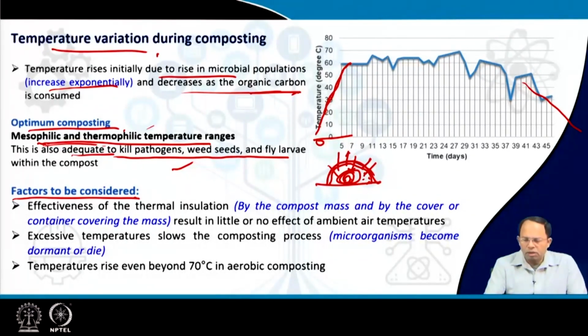So we have to give an insulation at the top of the compost, right? The effectiveness of the thermal insulation is also important, so we usually cover the compost mass. Either we can do composting inside a vessel, which is known as in-vessel composting, or we can provide insulation at the top of the compost, which retains the temperature so that overall it remains high and facilitates the composting process. If we have done so much insulation and the gaps are not enough, it may result in excessive temperature, which also slows the composting process.